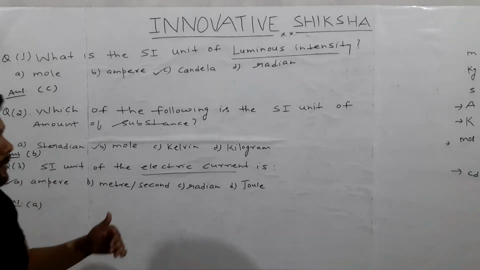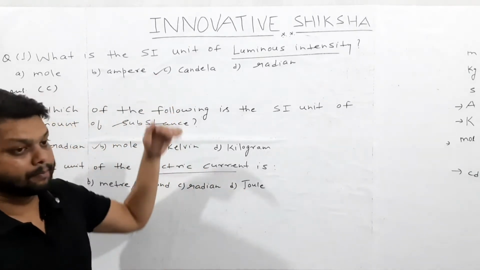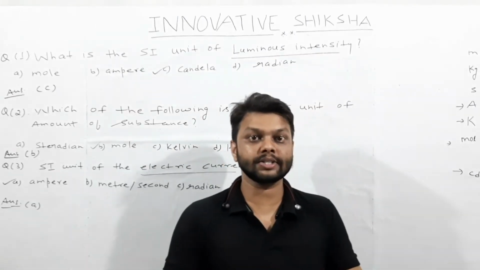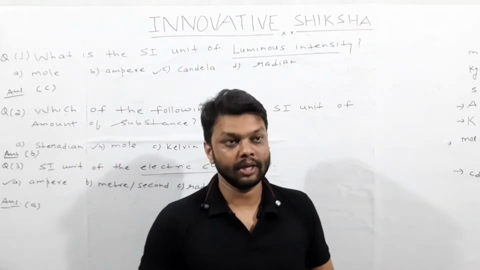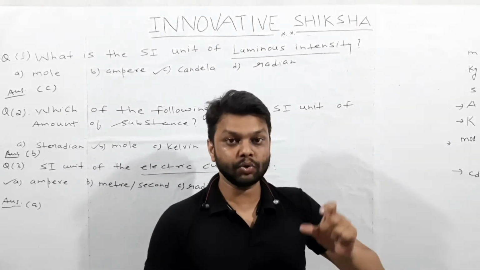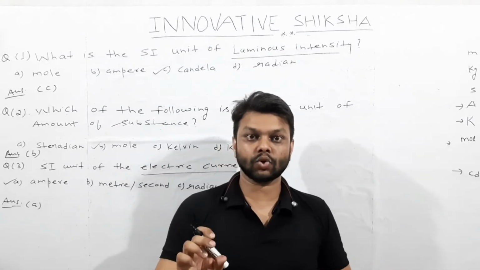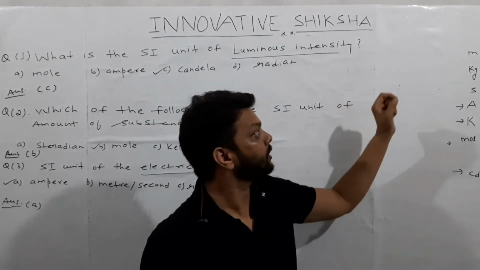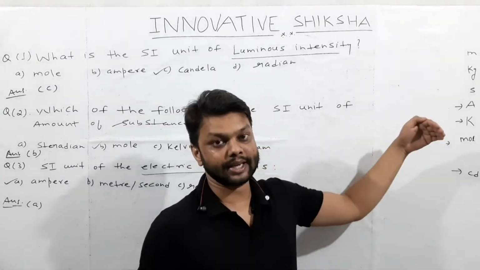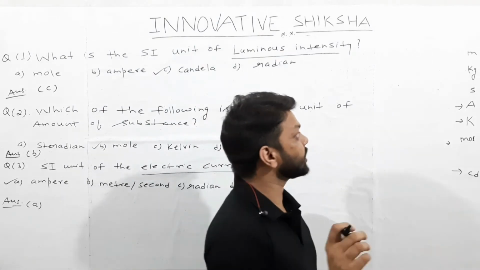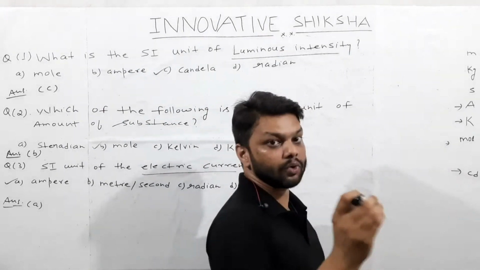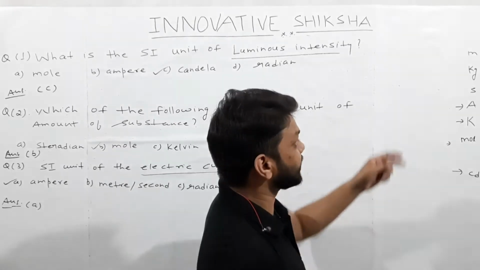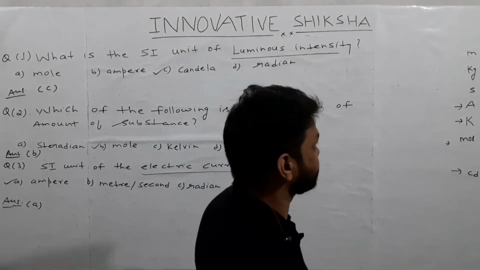So let us start to visualize the important base units. If you have studied this particular chapter, you know that units can be classified into two types. The first is called SI base units or fundamental units, and the next is called derived units. Today I will explain in brief the different SI base units. There are several physical quantities which have base units. Let us start with the first one and then proceed further.